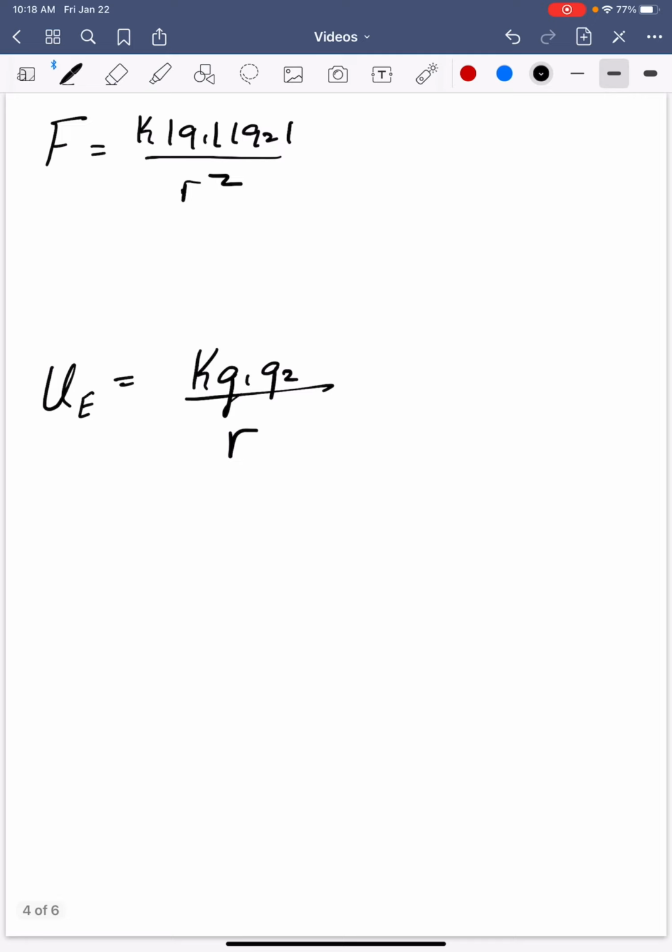So if I want to think about a point charge and the force between 2 point charges and the potential between 2 point charges, I can say I have a force that's equal to kq1q2 over r squared, which looks a lot like our law of universal gravitational force, and our law of universal gravitational potential looked like Gm1m2 over r with a minus sign. But here we only have magnitude, so we're not sure if we need a minus or a plus sign here, but it is going to be of this form,